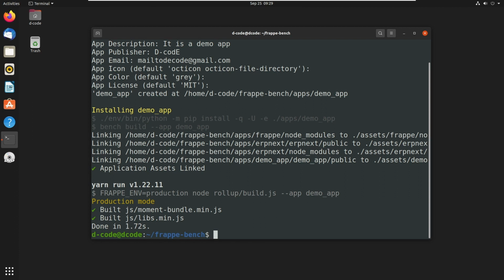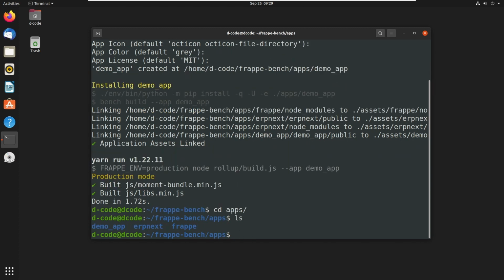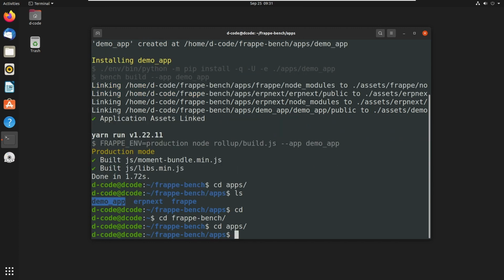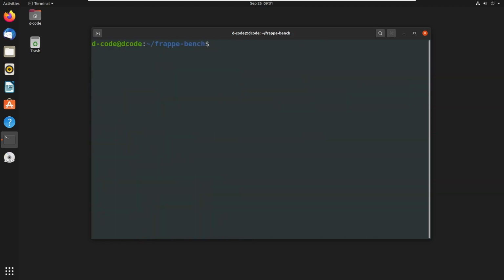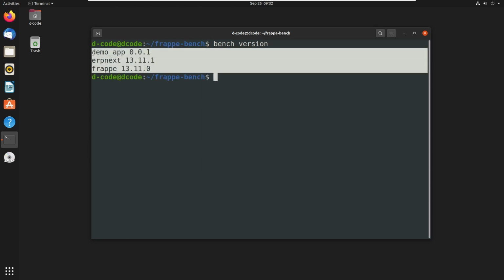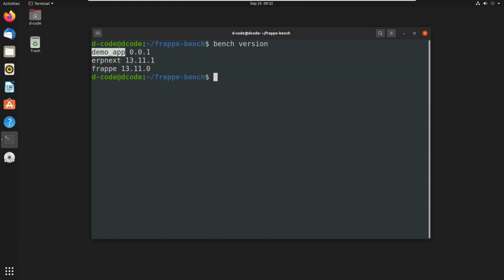We can see our application in apps directory. So let's move to apps directory. And here we can see our application demo_app. Let's go back to Frappe bench directory. Let's clear this. We can check the installed applications in this Frappe bench using this command bench version. We can see the list of applications installed in this Frappe bench, and first one is demo_app, then ERPNext, then Frappe. Let's start the bench using this command bench start,